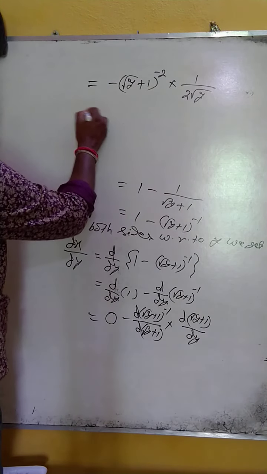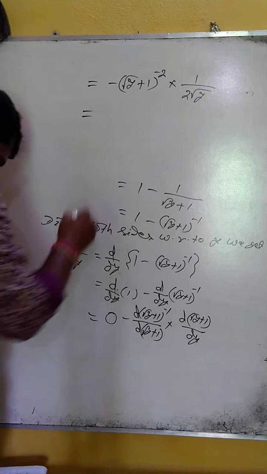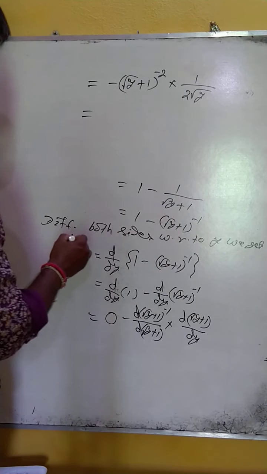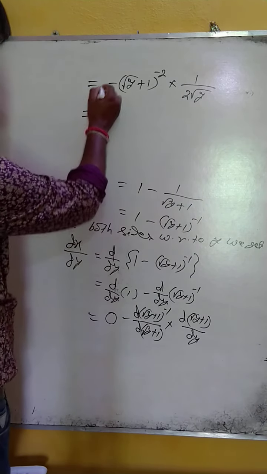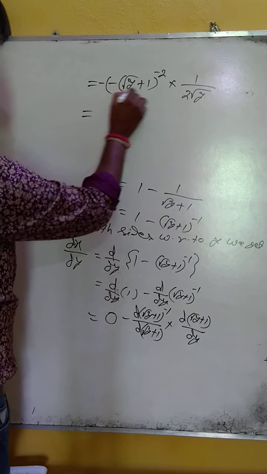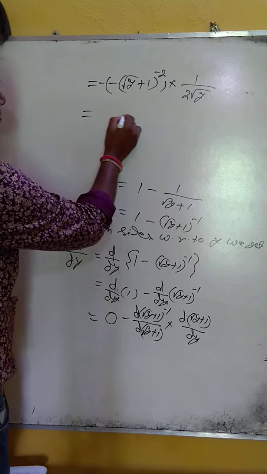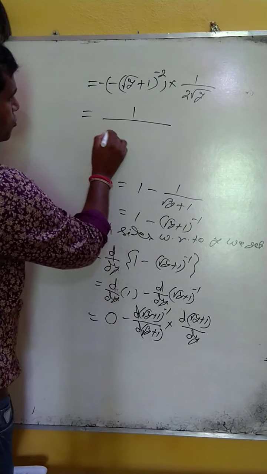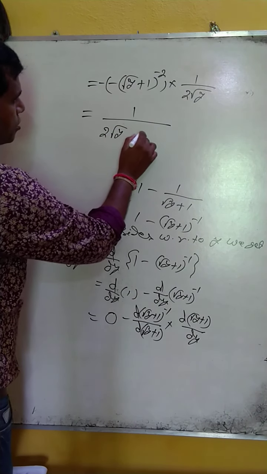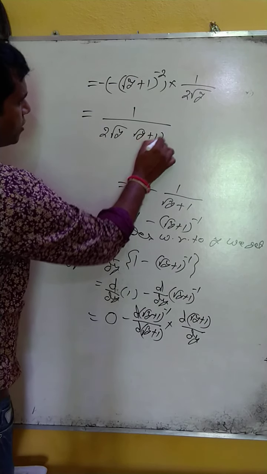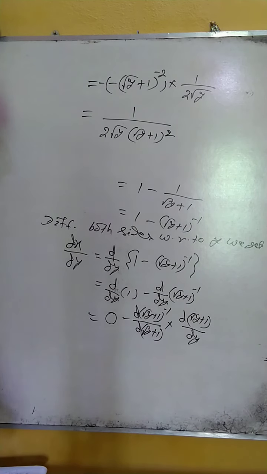So we get a minus 1 by 2 root over y plus 1 whole square. Okay,